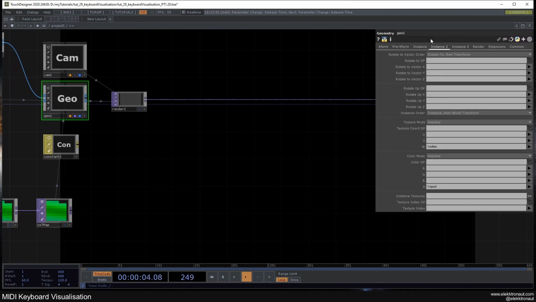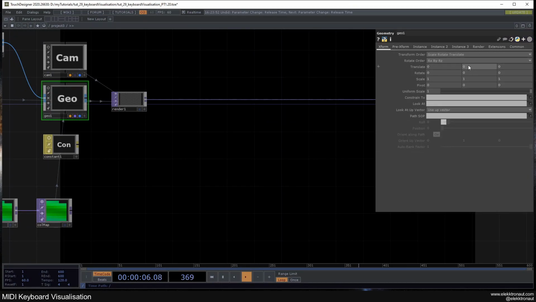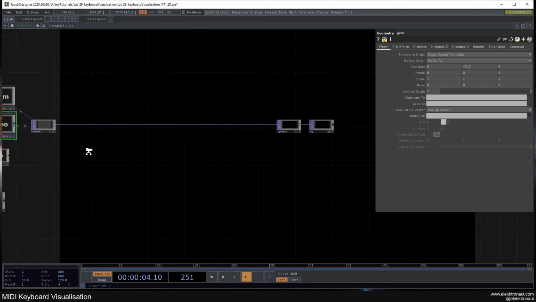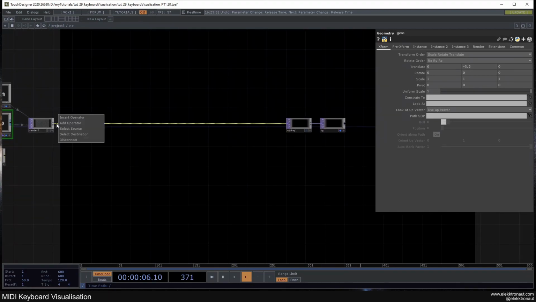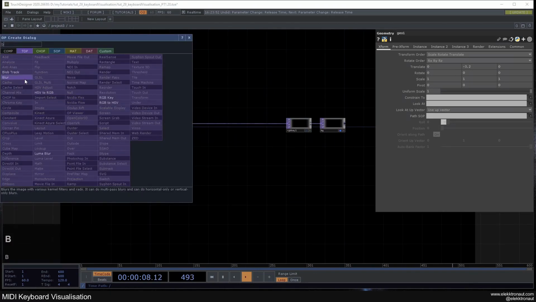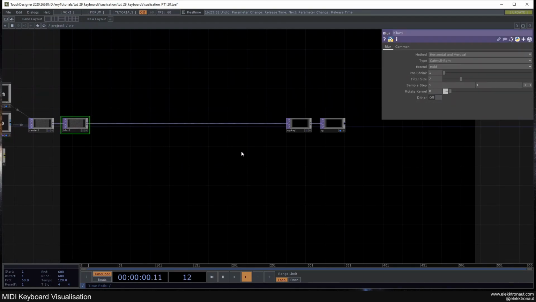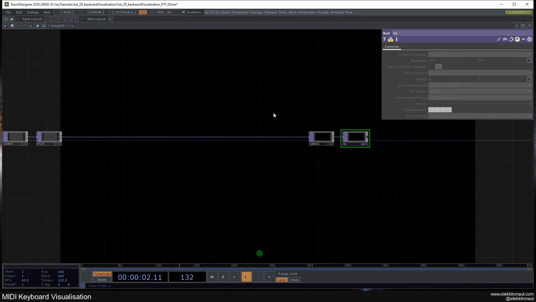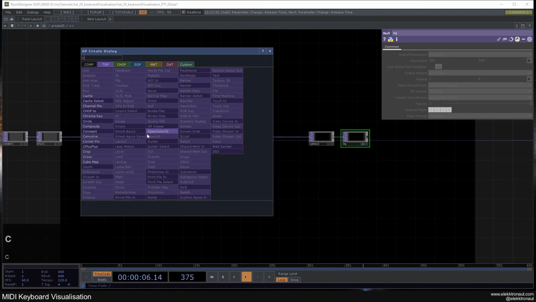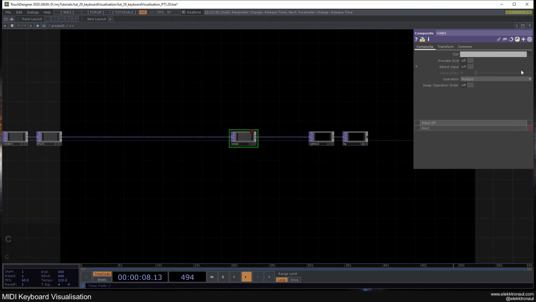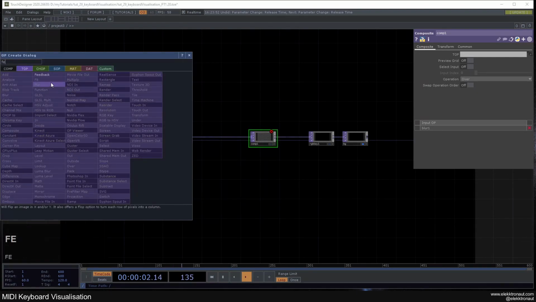Let's go to the geo and change the position to like -3.2. So they're like down there now. And now what we can do, we can add a blur here. And now we can add a feedback loop. So let's add a composite here. Change this to over, and let's add a feedback,